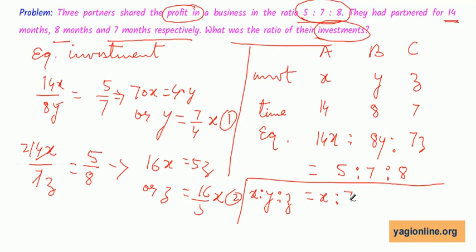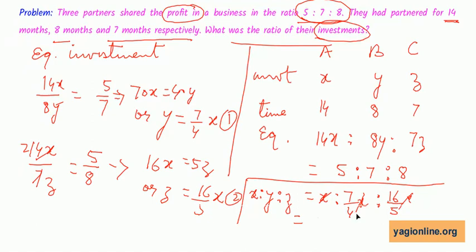So 7 by 4 x is to, what is z? 16 by 5 x. So x cancels out,